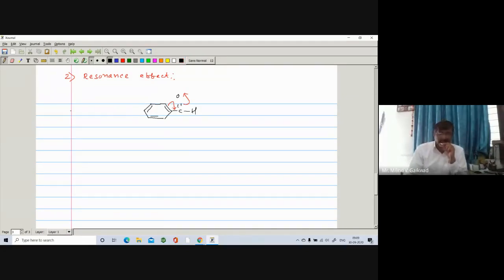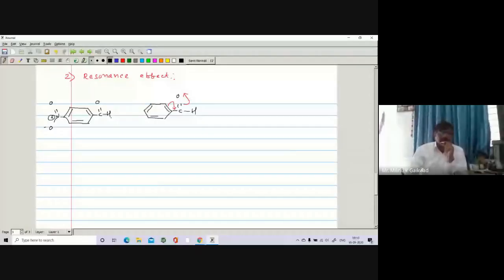But suppose in this benzaldehyde, we have such type of pi bond, here is a pi bond and here is a pi bond, and I put here N double bond O and O minus, meaning a nitro group, and here is the aldehyde. So para-nitrobenzaldehyde. Now in para-nitrobenzaldehyde, the nitro group is there. Nitro group is an electron withdrawing group. So the pi bond opens on the oxygen, O negative and N positive.